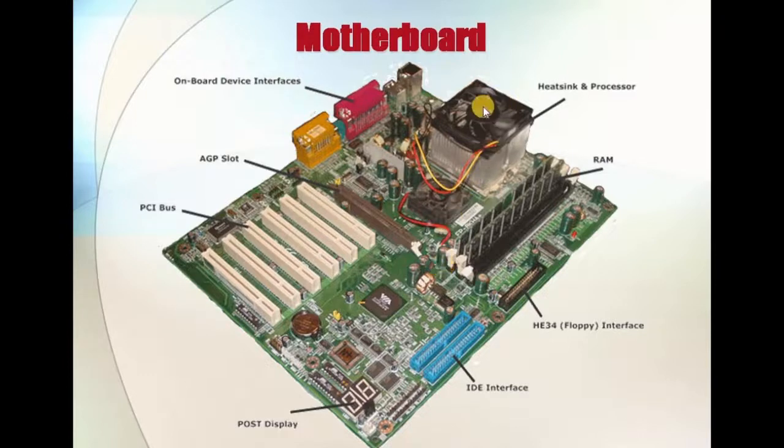The most important thing is the central processing unit. Actually the CPU is beneath this heatsink and fan. Below that we will have our small microprocessor. For the heat that comes out of the microprocessor, we have this heatsink and fan. The heatsink takes all the heat out from the CPU and gives it out. That's why we have to put a fan here.